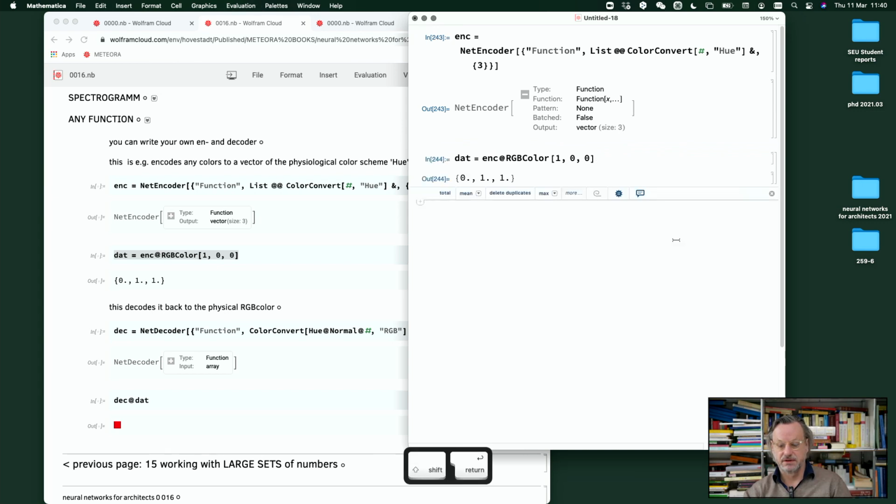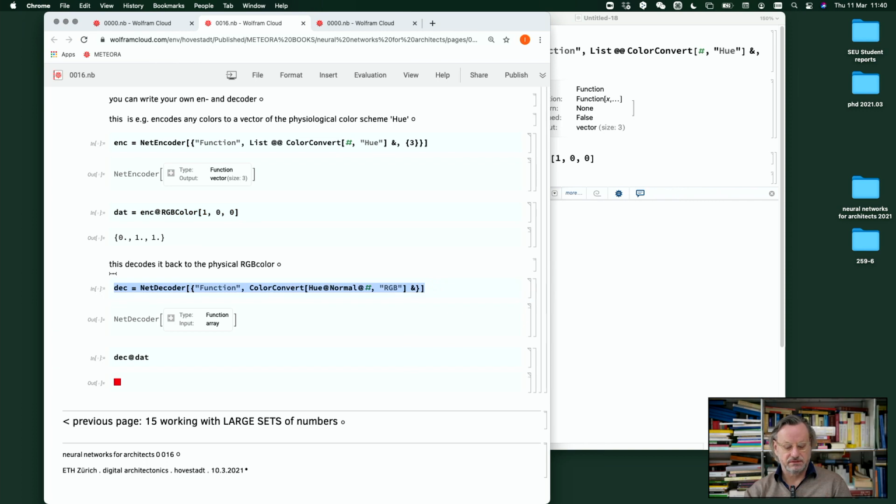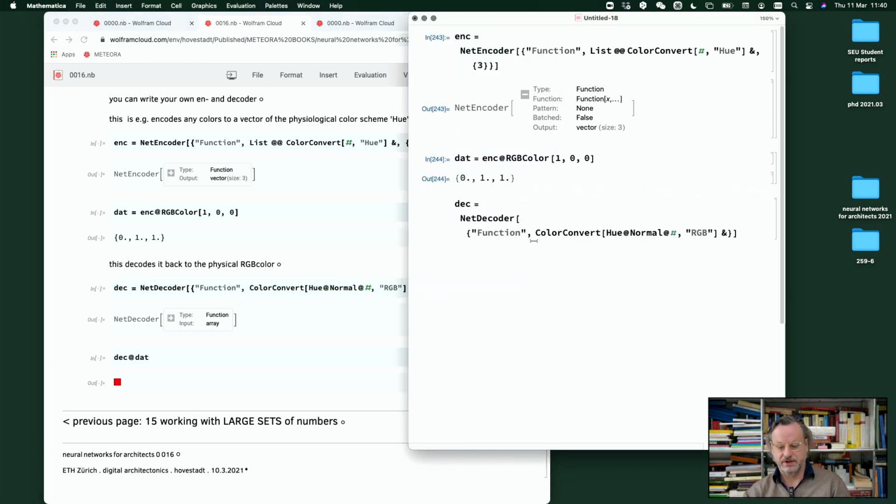Then we can go with any number and transfer an RGB to HUE. We discussed this is a physical color, and this is a physiological number. And with a physiological number, you can do arithmetics, which is plausible for your eyes, for your reception, as we had it with the reflective and projective numbers, like with Grassmann. So if you have a decoder with your own function, it's just the same decoder function, color converted, hue to RGB. If you want to have it back to RGB, take the decoder on code and